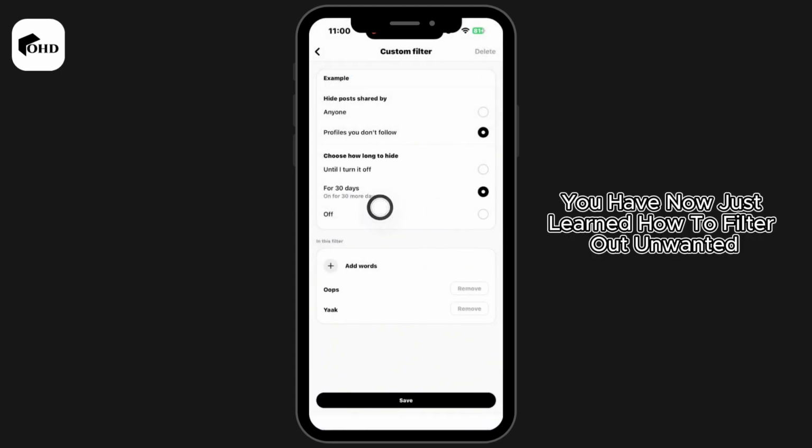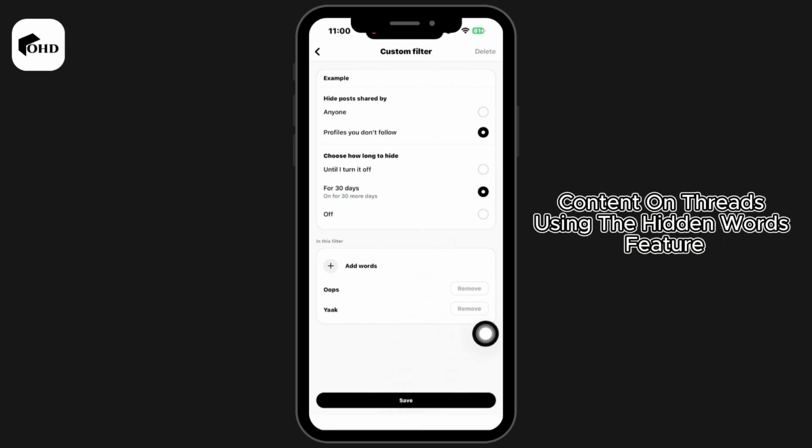And that's it. You have now just learned how to filter out unwanted content on Threads using the Hidden Words